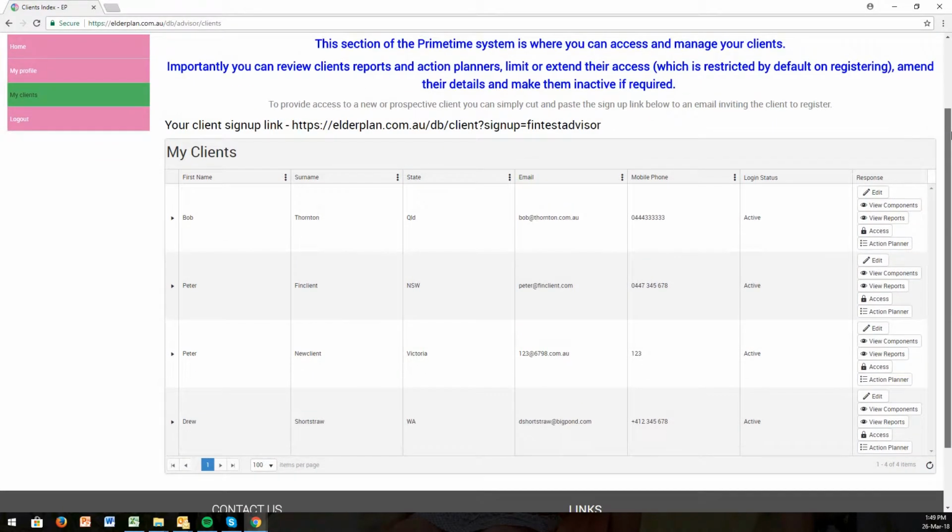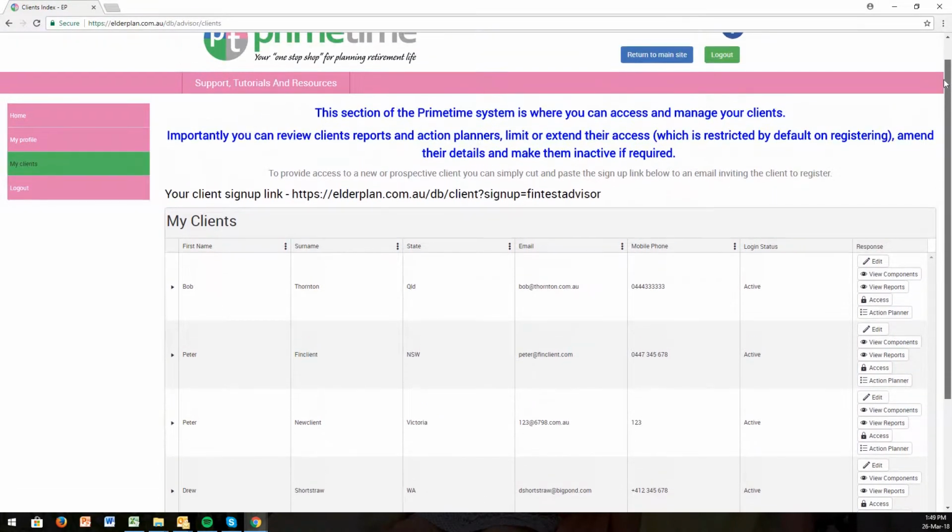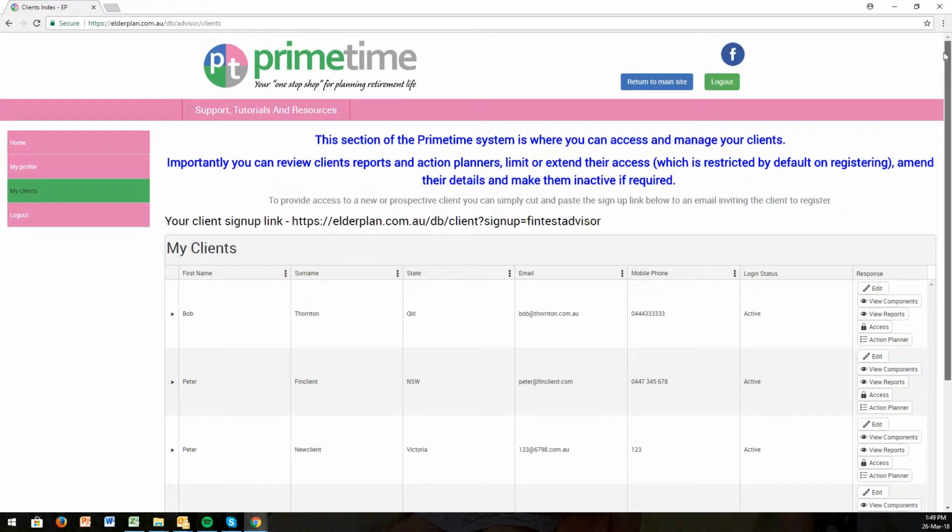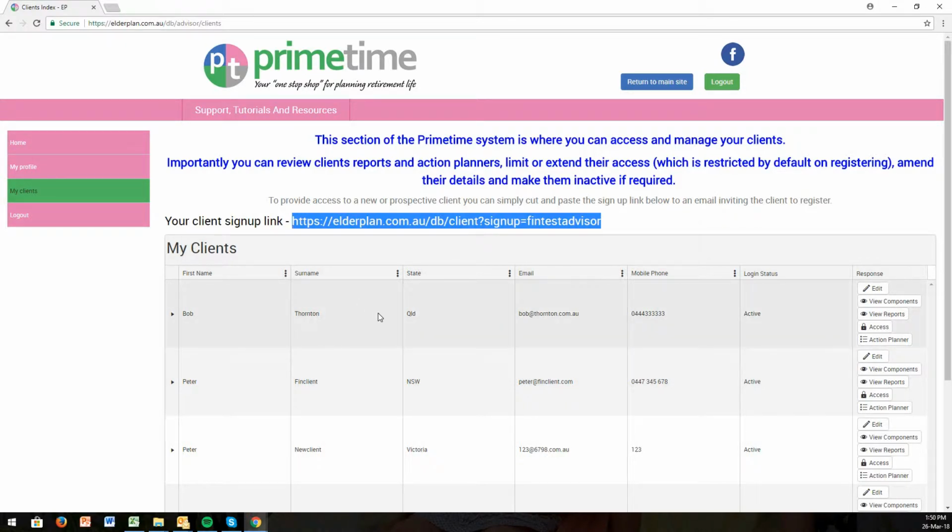Now I've got a bunch of clients here. It's just a sample for demonstration purposes. But here's your sign up link. So this client sign up link is your sign up link. So if you want to put a client on, they can either do it themselves, and if they do it themselves, all you need to do is highlight the URL, the sign up link, and email it to